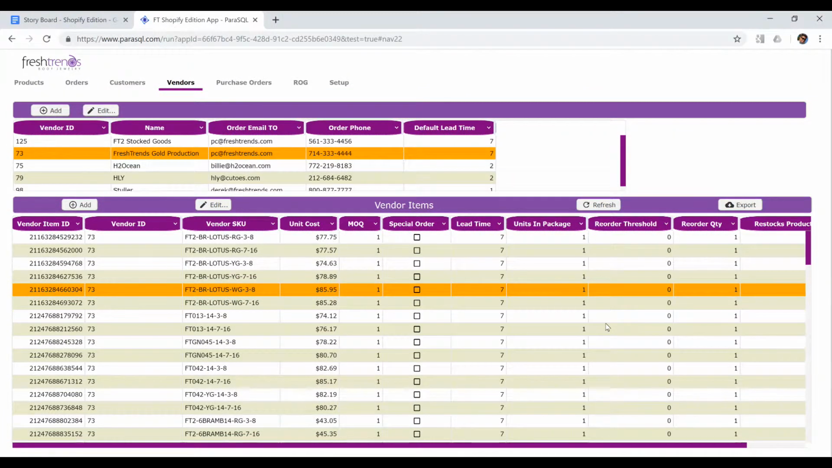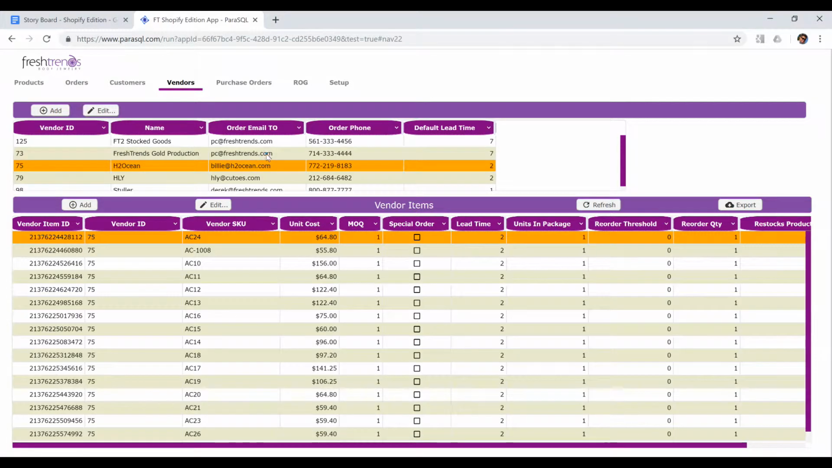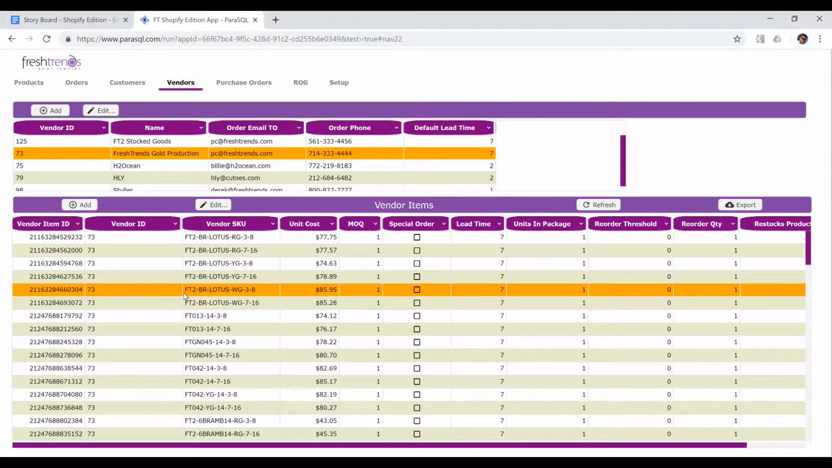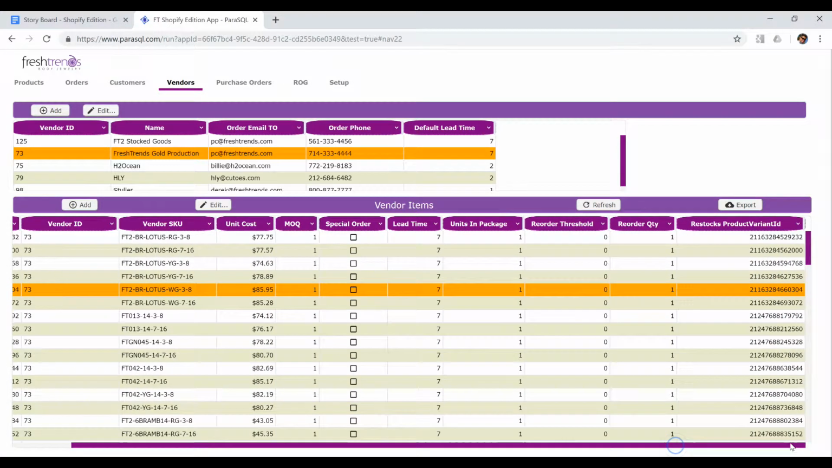So on this screen, we have a list of vendors that we've created in ParaSQL. This is outside of Shopify since they don't really have the concept. So we have a list of vendors and a list of vendor items. Each vendor that you click on has a certain number of vendor items. These are things you can purchase from them. They also differentiate between the vendor SKU and your SKU and how many units in the package, so that you can map a vendor SKU to your SKU